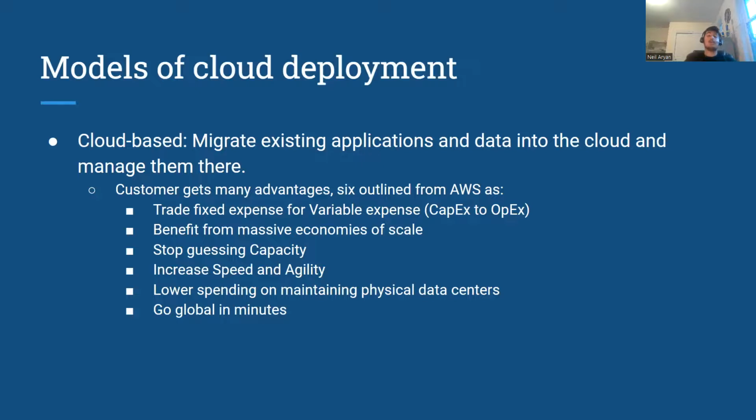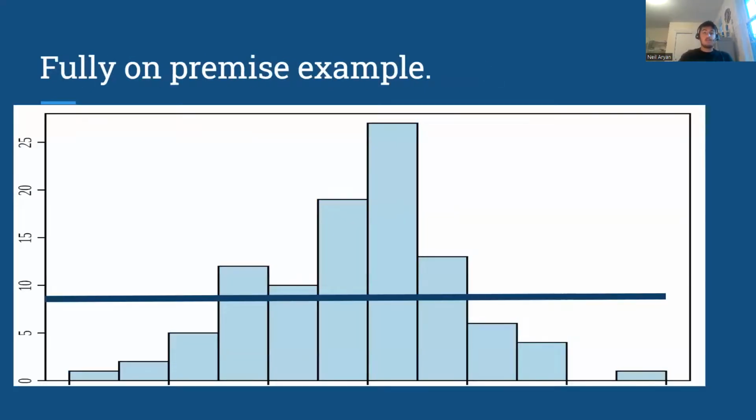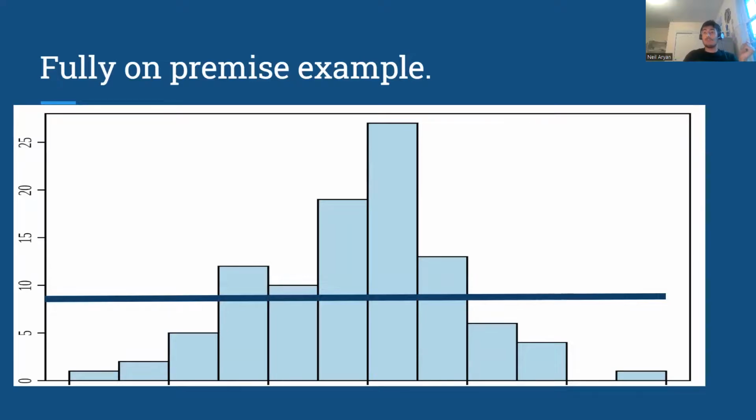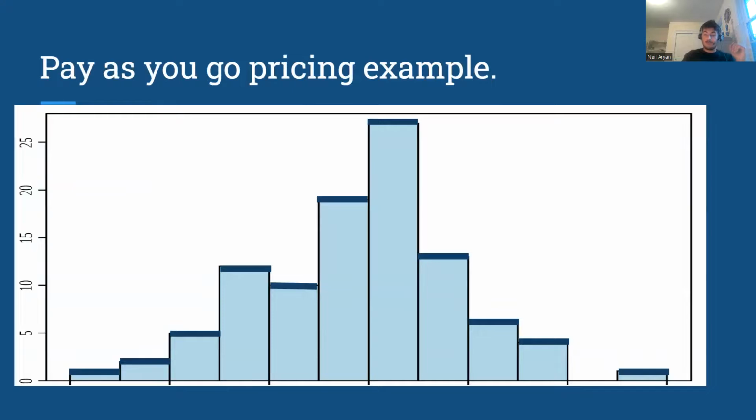And what this means is that now you're going to be much more efficient in your investments, and that can be seen in the pay-as-you-go pricing example. In here, you're missing out on a lot of untapped potential and paying for too much. You're basically paying too much and you're not using all of your service, versus here, although saving costs, you're not being able to make as much as you would. Versus with using AWS, you can pretty much pay for exactly what you need and you'll have no deadweight loss here.